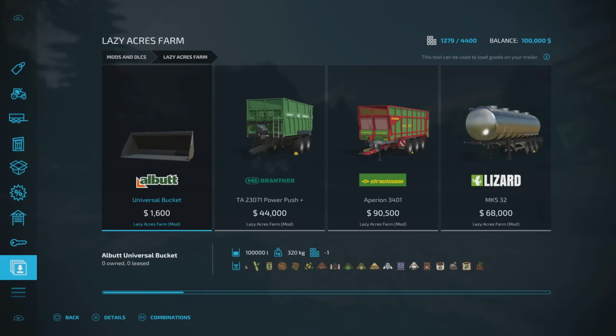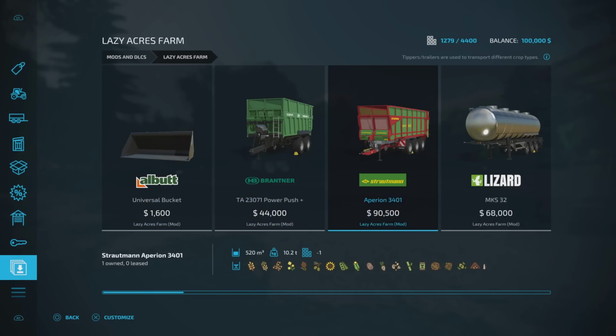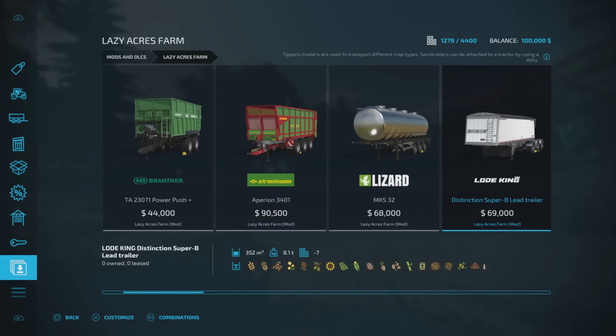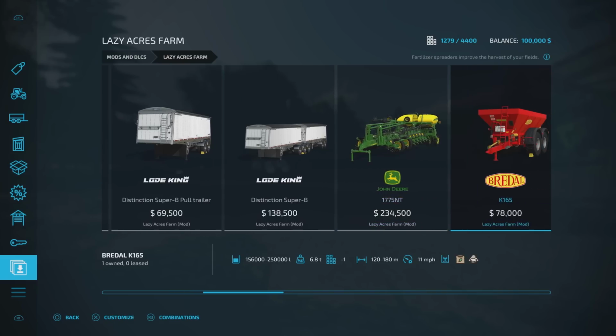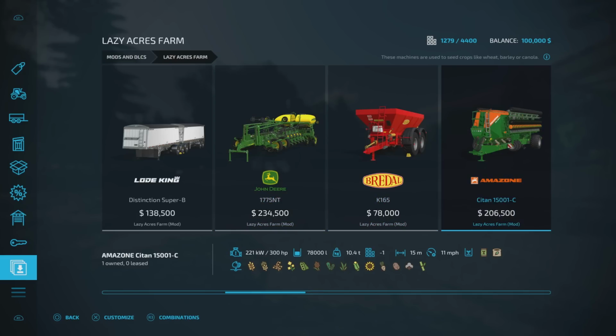I'm not going to go through like a mod review and show you all the options on all the vehicles, but needless to say, this bucket, 100,000 litres, that one will go from 250 to 340,000 litres, 520,000 litres, 320,000 litres, and so on, as you can see. But the seeders are where things are a little bit different. These have got larger capacities, so the 1775NT has got 35,240 litre capacity, and the Amazon Citan has got 78,000